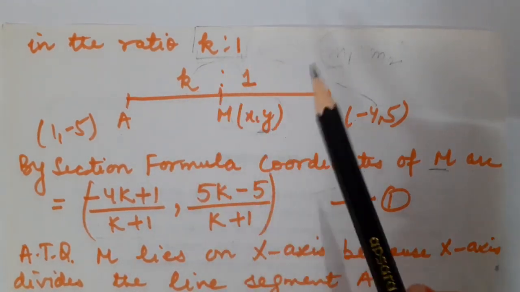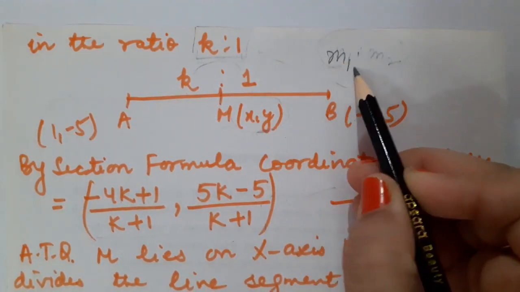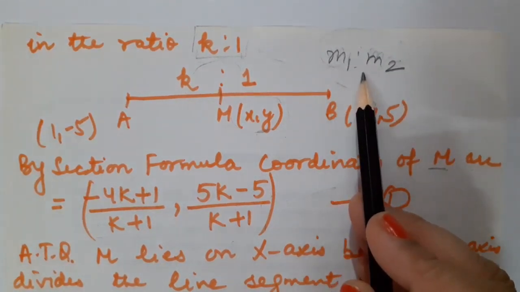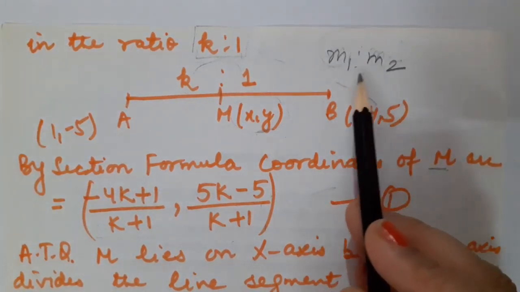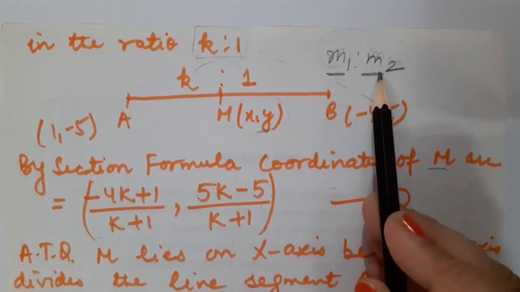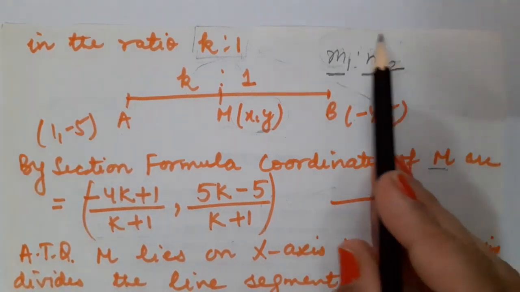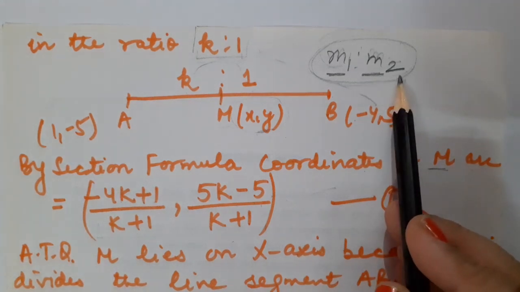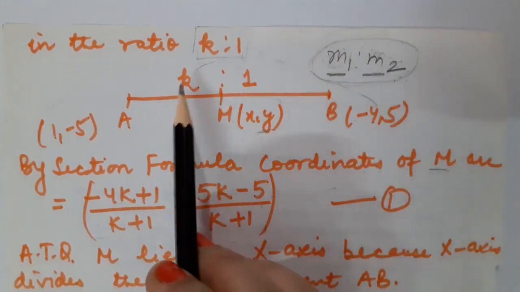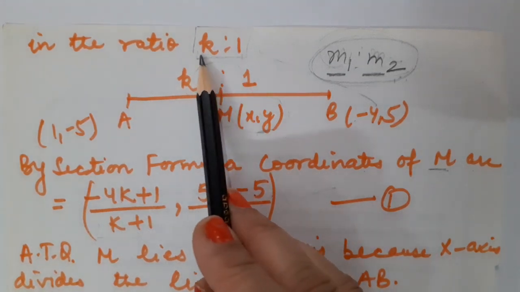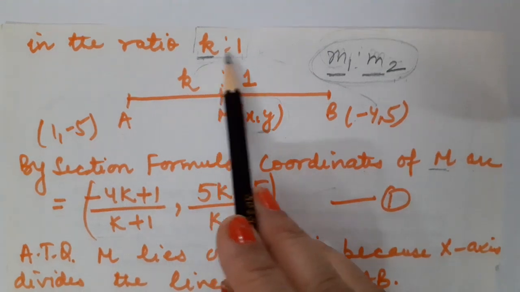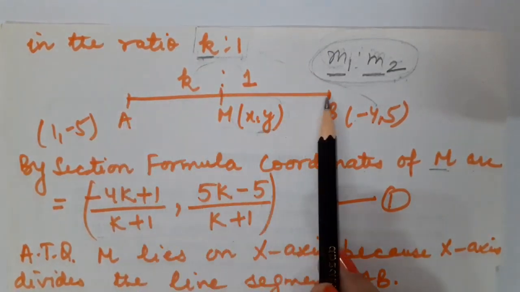Children, I told you that you could take ratio M1, M2 also. But using M1, M2, you will be getting a pair of linear equations in 2 variables, because you are going to take 2 different variables. Fine. And then you have to calculate the values of both the variables to come to know about the required ratio. So instead of that, I am going to adopt method number 2, in which I will be taking one variable only. So what will be the ratio? That is K:1.